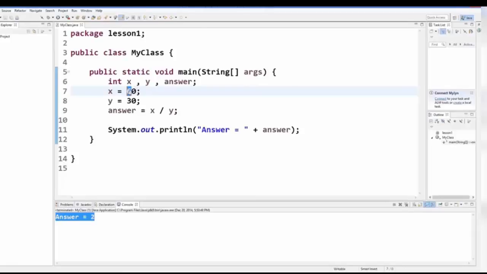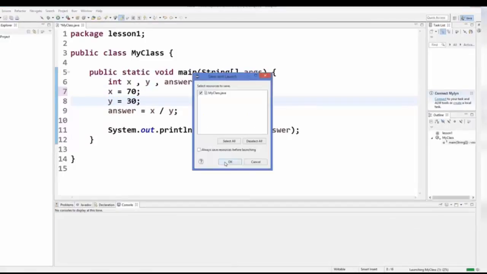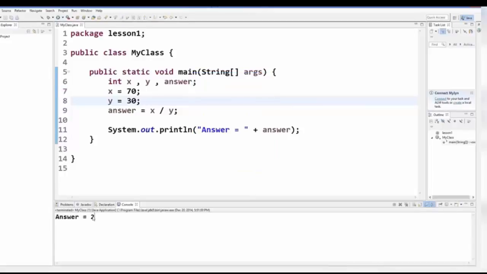But when we get some numbers which are not totally divisible, what is the answer in this case? In this case also the answer is 2, because this integer value, our quotient for this value is 2. The answer for the division of 70 by 30 is 2 point something, right?